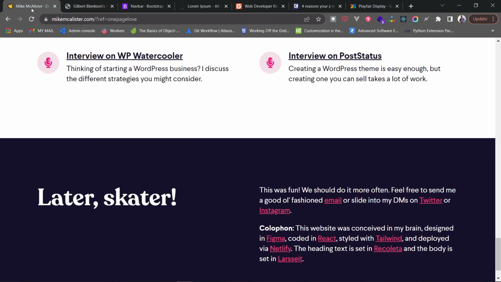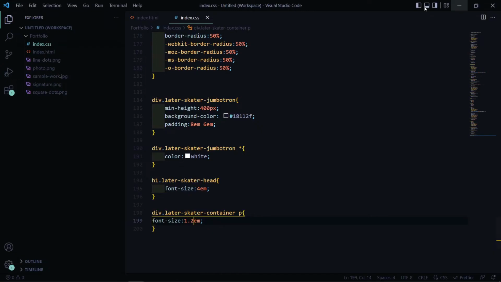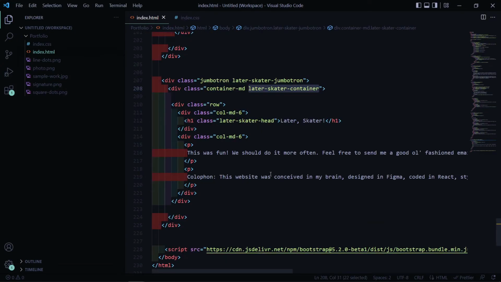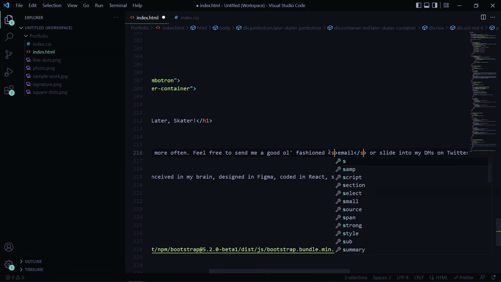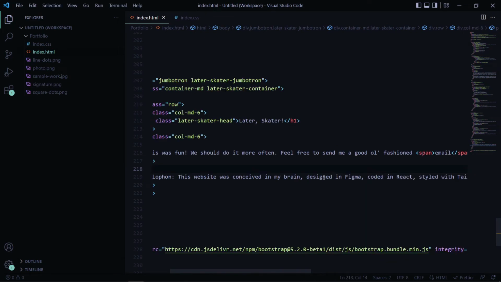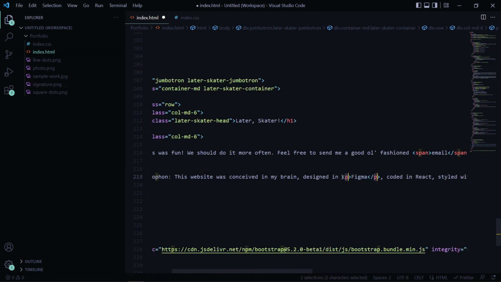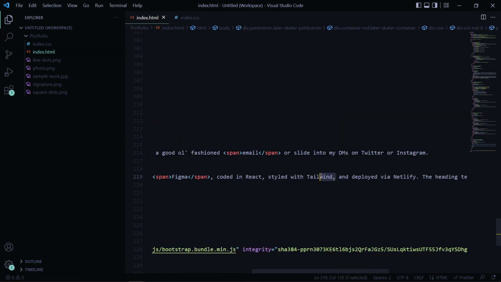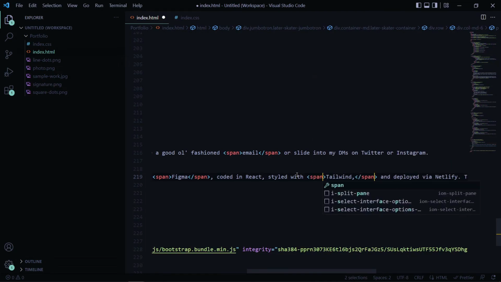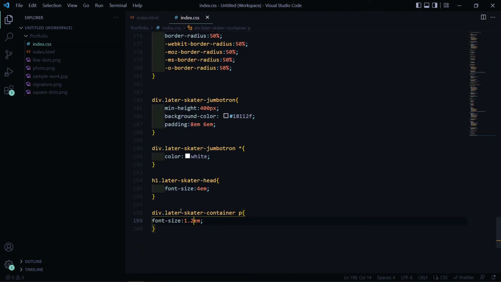For the sake of making things look like this, you can span out a few things. We can say, maybe feel free to send me an old-fashioned email. Maybe we can wrap this in a span, right? Intentionally wrap this in a span as well, so we apply some specific color to it. We can say this is also in a span. So what we can say is p span,